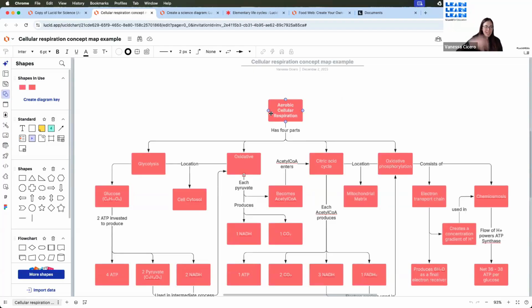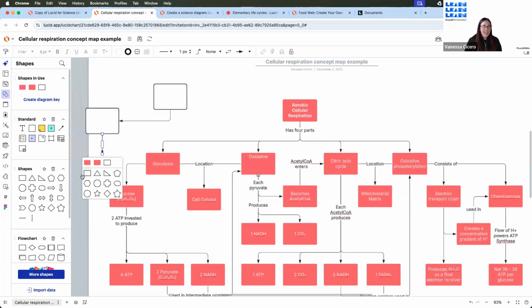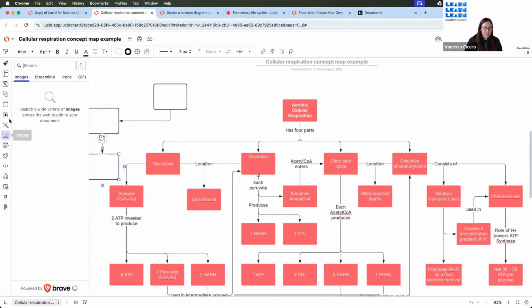So instead of just reading about it, they can drag out shapes from the left-hand side. And just like you saw, using the blue dots, you can click and drag out to get a line. And then you can add another shape as you're going. And you can quickly create any of these concept maps. And then what I really like is, even to make it more clear, you could also add images to really